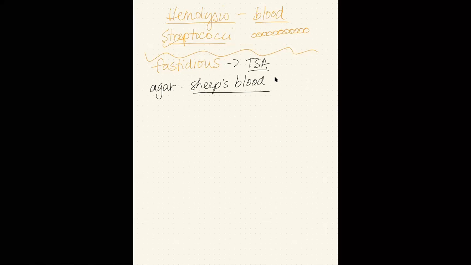It turns out that some of the streps have different ways that they break down blood. They're called hemolysis patterns, and they're named alpha, beta, and gamma. I don't remember what the symbol for gamma is, I should know that. So there's alpha, beta, and gamma hemolysis. Essentially, you can look at colonies growing on a plate of sheep's blood agar, and